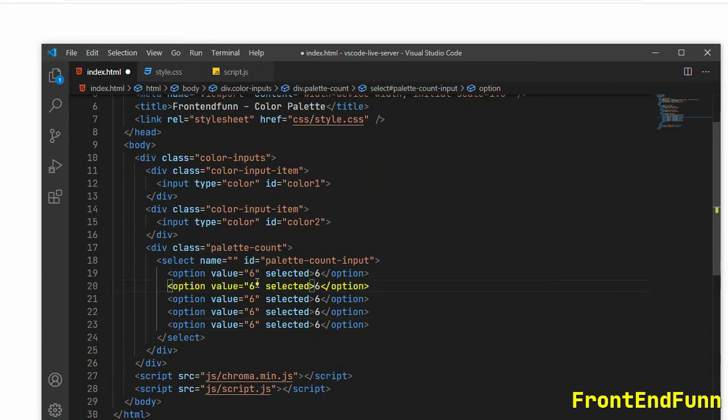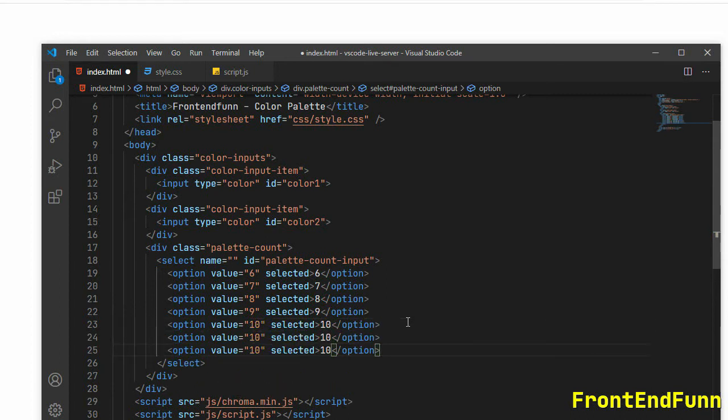I'm just making it 7 here. So if I press Ctrl D, we'll be having the next appearance. Okay, 6, 7, 8, 9, 10 and 11, 12. Fine, so we are having color inputs as well as a select drop down.